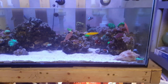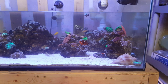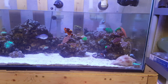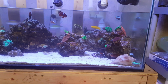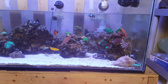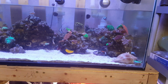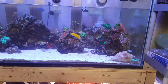I know nitrates are high due to excess nutrients in the water, and there are nutrients on my rocks from my fish defecating and feeding. But I just want to see what the difference is between nitrates right after you fill up the tank versus nitrates a couple hours later. I'm just curious. So the tank's filling up slowly. You can see my clownfish there,